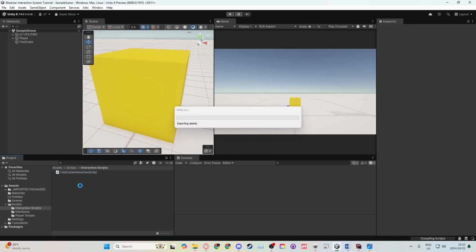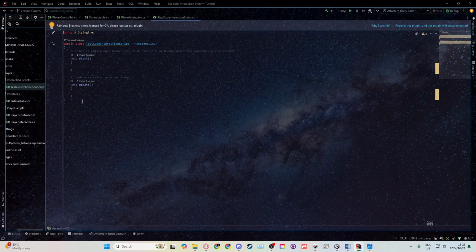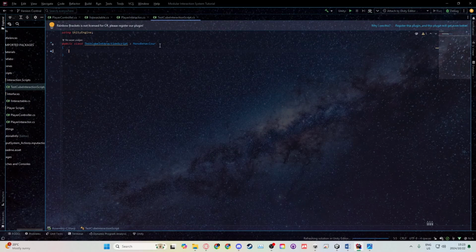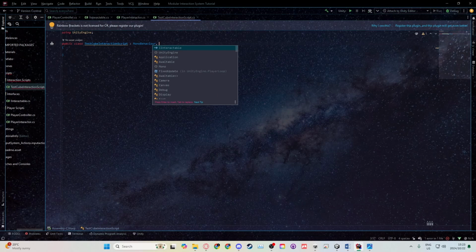We wait for it to recompile. Cool. Now first we're going to delete the update and start method as usual. And in order to inherit from this interface, alongside the MonoBehaviour, because by default all scripts inherit from MonoBehaviour, we're also going to